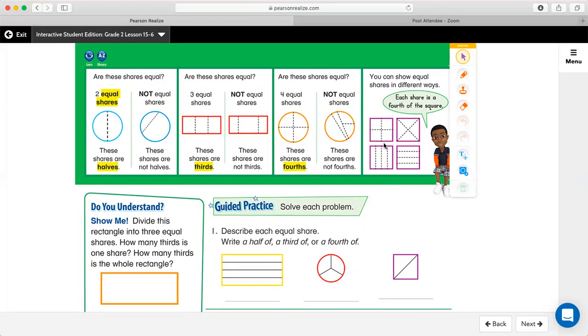So in the Do You Understand box, it says divide this rectangle into 3 equal shares. How many thirds is 1 share? How many thirds is the whole rectangle? So what I would do is just like what we did up here. So I would take